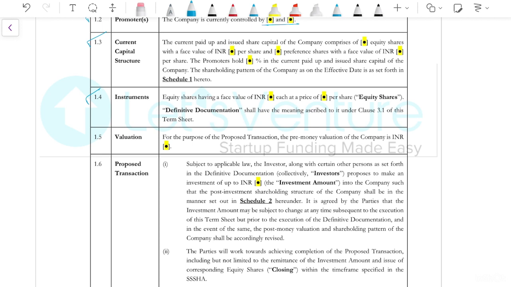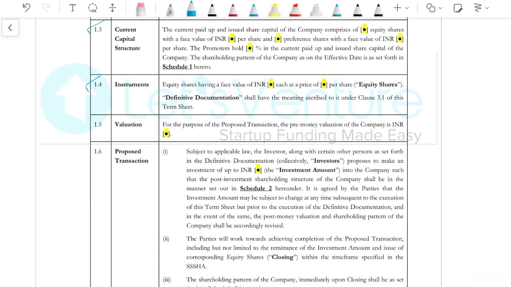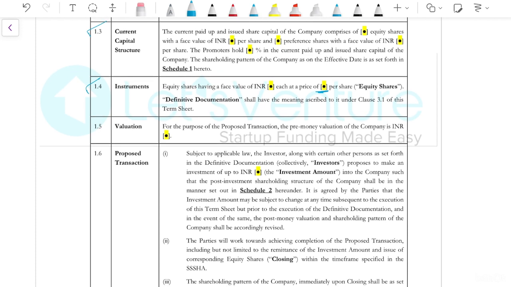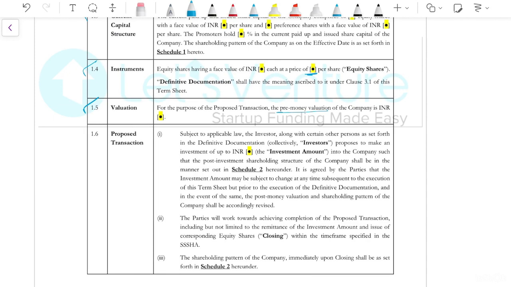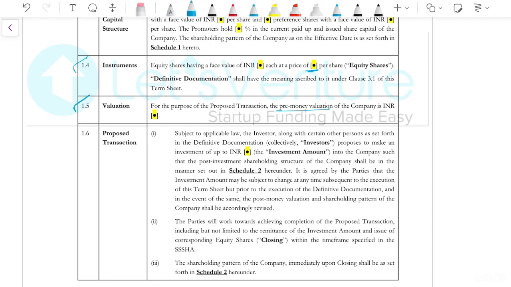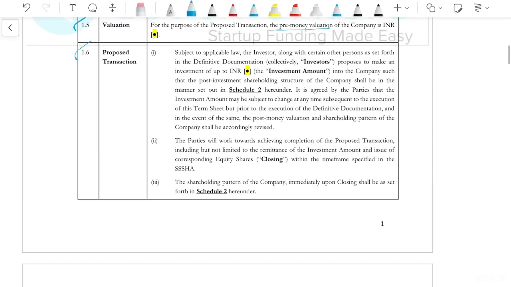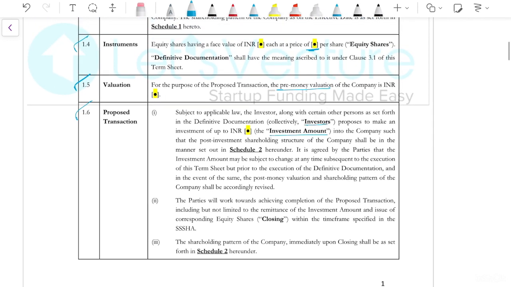For example, if I'm investing in the equity shares of the company, then the subclause 4 will state that the company has equity shares which have a face value of this and the price of this for the purpose of the proposed transaction. Subclause 5 will state the valuation. So either it can be a pre-money valuation or a post-money valuation, whatever is agreed upon. And lastly, we have a proposed transaction clause wherein we are saying that the investors will invest a particular amount